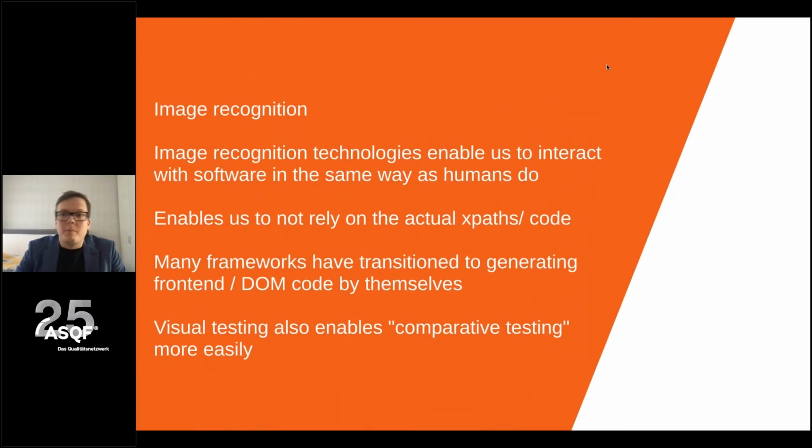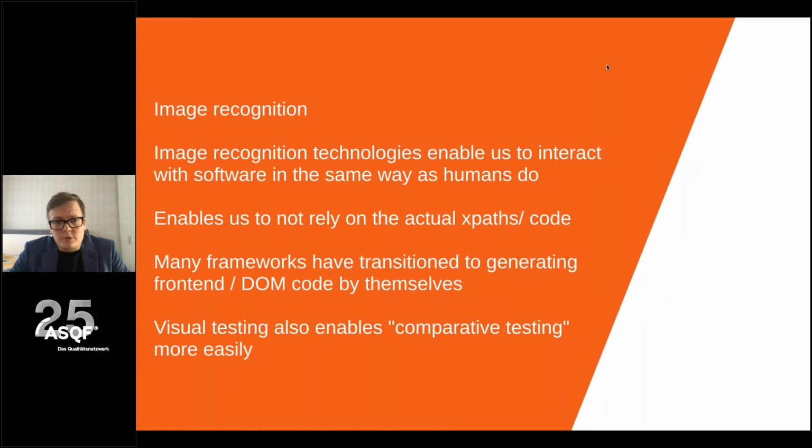And that's where we come to image recognition and the core topic that we were talking about today. And this is just all the background that I think is quite important in there, is that image recognition technologies enable us to do that kind of system where the machine interacts in the same way as humans do. We do not rely on the code behind the curtain, behind the actual website, or dig out the XPaths to certain elements to test if they are on the screen. We can use visual information: is this element in there, and can we use that?